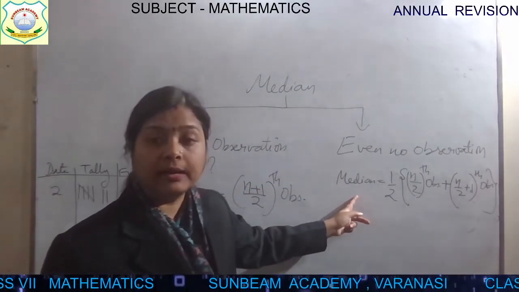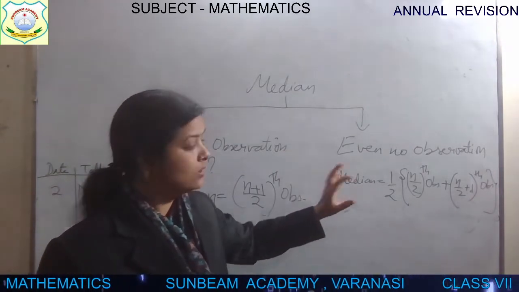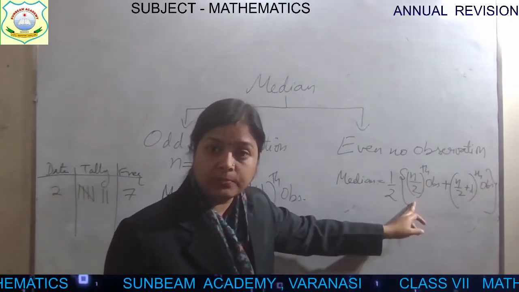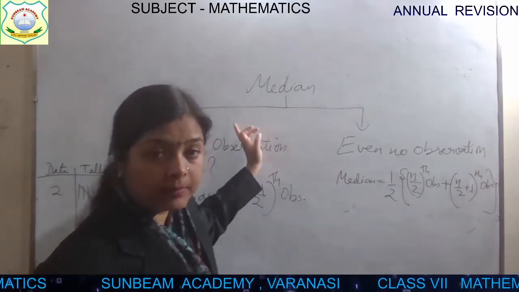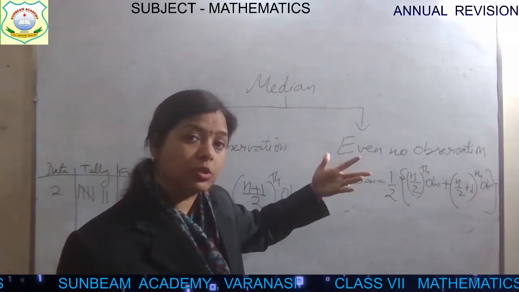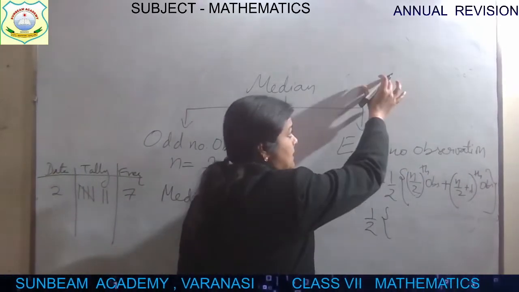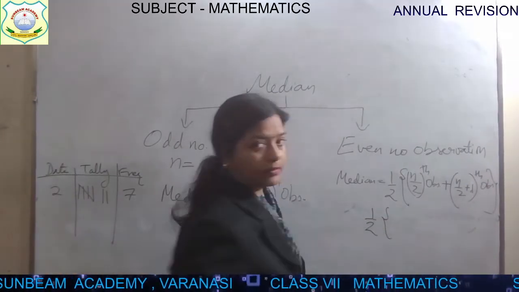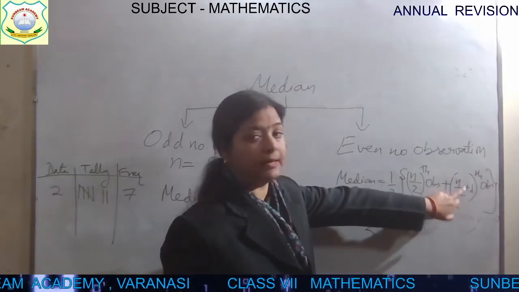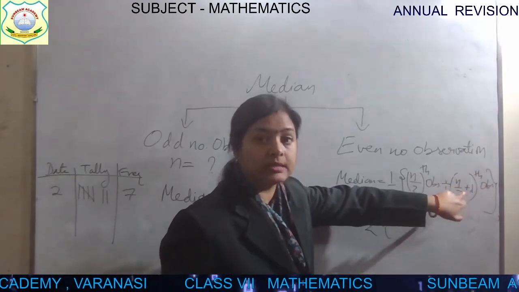Same here, if the value of n is 12. Imagine that the observation is 12. So n is 12 here. So ये हो जाएगा half of 12 by 2. 12 by 2 means 6th observation. So ascending order में आपने जो डेटा लिखा है, उसमें से जो 6th observation है उसको लिखेंगे. फिर यहाँ पर क्या लिखेंगे, half and you will see that 6th observation and you will write here. Then plus, and then n by 2, means again 12 by 2, 6 plus 1. 6 हो गया, फिर plus 1 तो 7th observation हो गई.